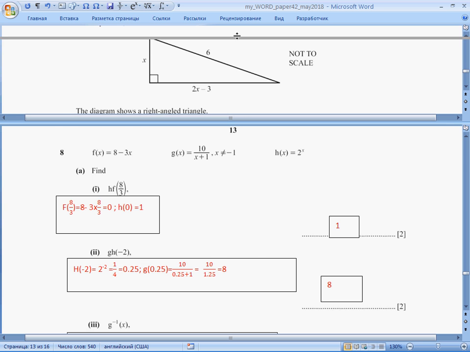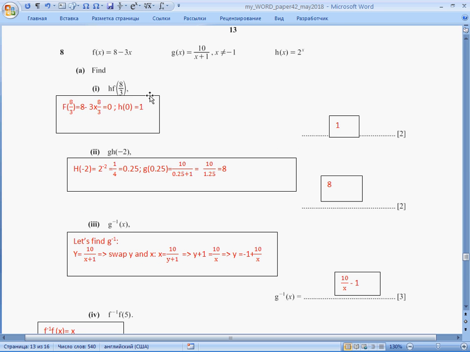Then we have 3 functions, and they ask to find the composite function hf of 8/3. So first we should find the value that is given by function f, and then this value is taken by h. The value given by f is, by substitution, 0, so h of 0 is 1. Now gh at minus 2: first h at minus 2 is 1 over 4, and g of 0.25 equals